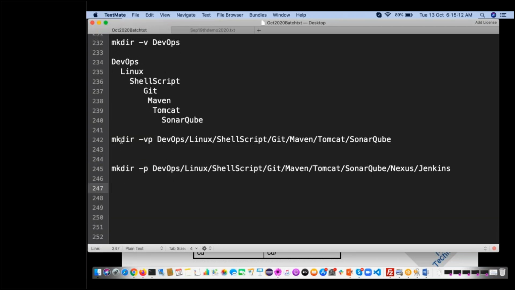See, when you are creating directories using mkdir, it is going to create them with some default permissions. I don't want to create with the default permissions. I want to create with some custom permissions as I like. So for that, we are going to use mkdir -m. -m means mode. Give whatever permissions you want. Right now I'm giving 700. We'll see what 700 is later, we'll discuss it in tomorrow's class. And give the directory name